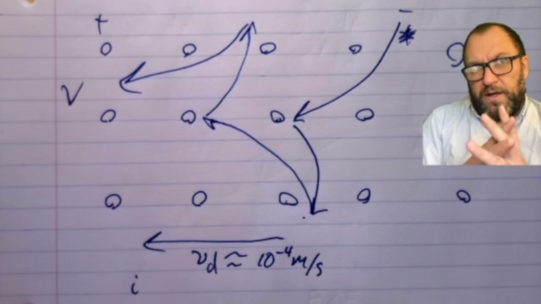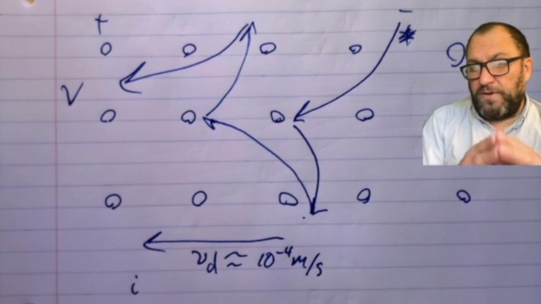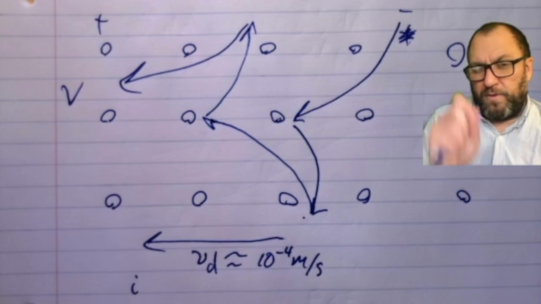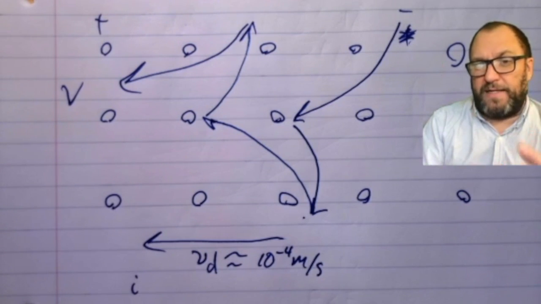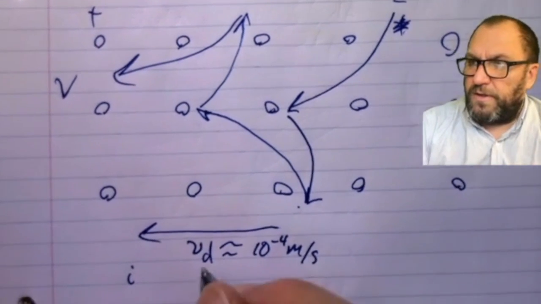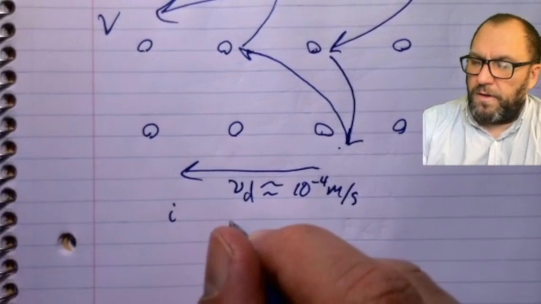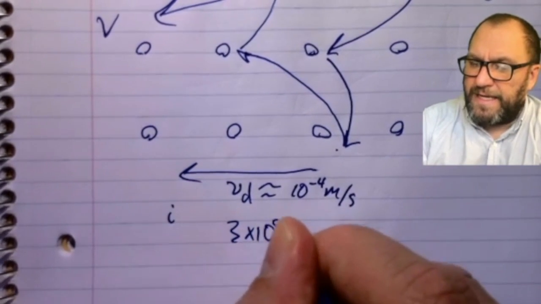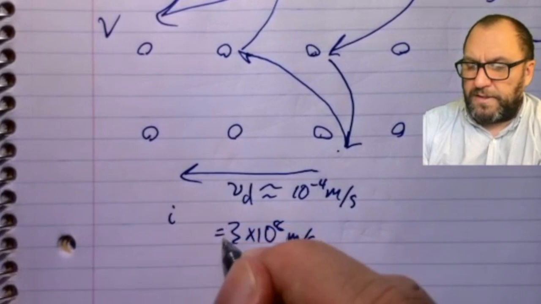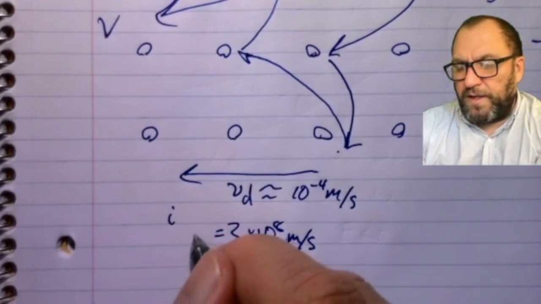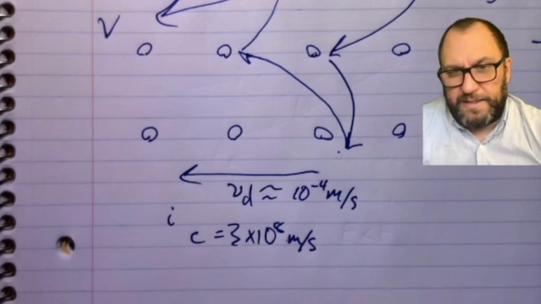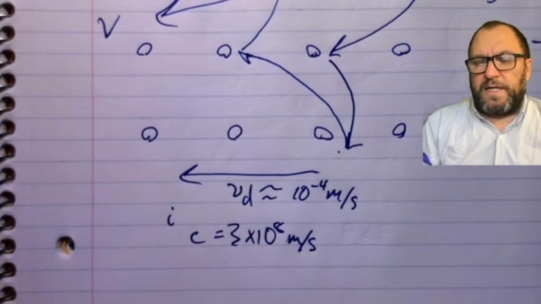And so if you think about it, the electric field travels through the wire at about the speed of light. It's a little bit slower, but it's basically the speed of light, which is 3 times 10 to the 8 meters per second. So this is the speed of the electric field, which is the speed of light. And in physics, we always call that c. So as soon as you turn on the light switch,